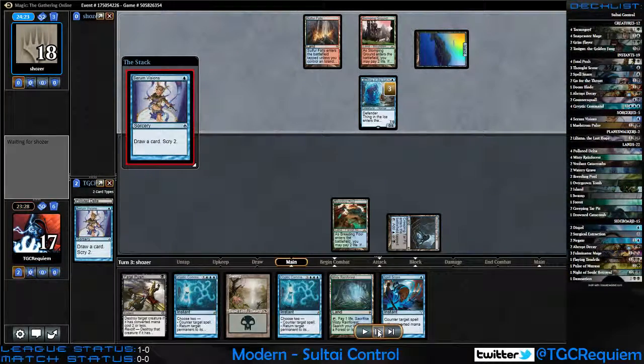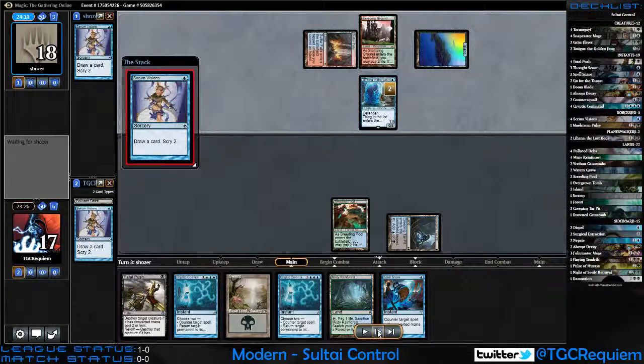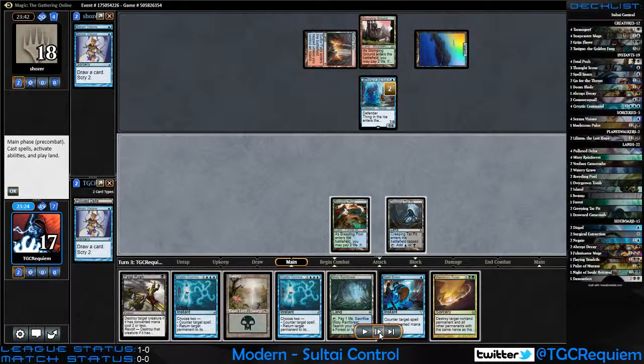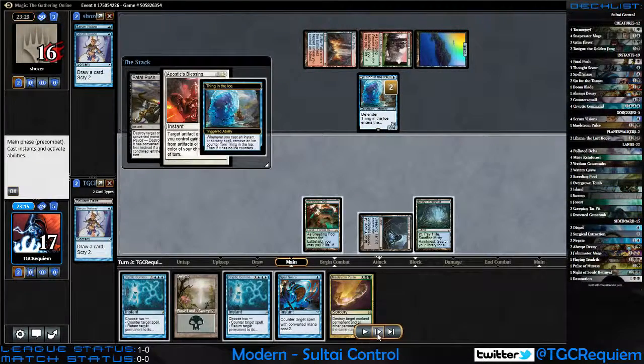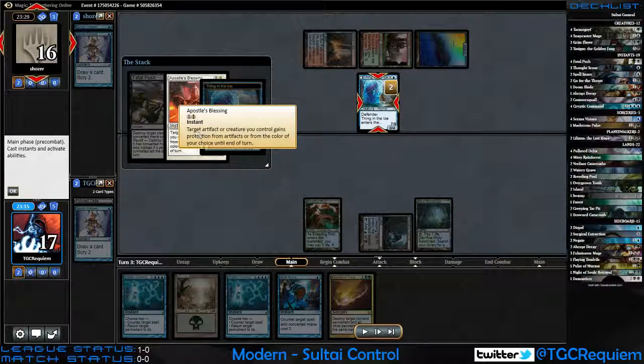Plays the Serum Visions. Plays a second Serum Visions. Passes to us. At this point we play the Rainforest. I think we just Fatal Push here, hoping he doesn't have like a Lightning Bolt and a Mutagenic Growth. He does have an Apostle's Blessing to protect it, however. Catches us a little off guard here, but thankfully we have the Spell Snare, and if he's willing to protect it,